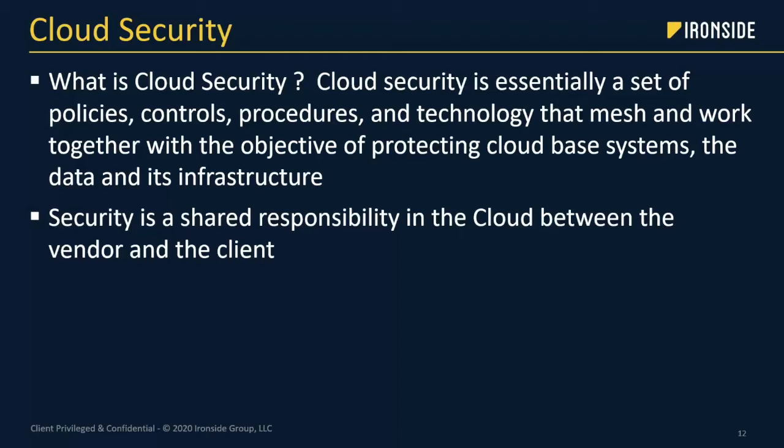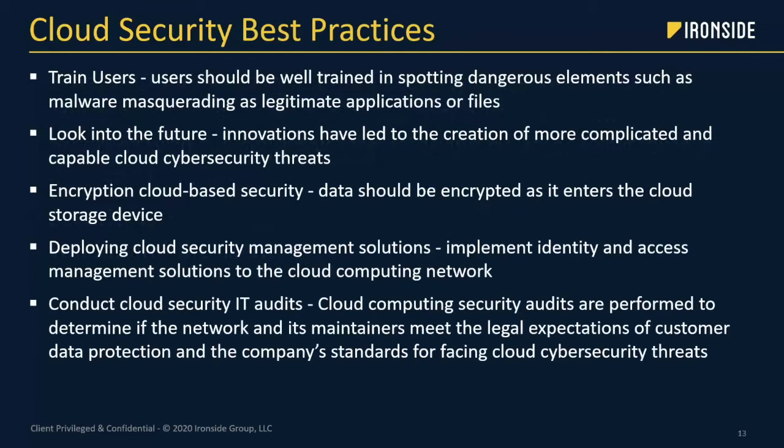So again, it's not like you're going to go into a cloud situation and it's going to be magically taken care of to handle your security. A lot of this has to be taken care of through different practices of setting policies, controls, and procedures, along with the technology. These are the base things that are used to protect your data and your applications while you're in the cloud. So we're going to go into some of the major aspects of best practices for cloud